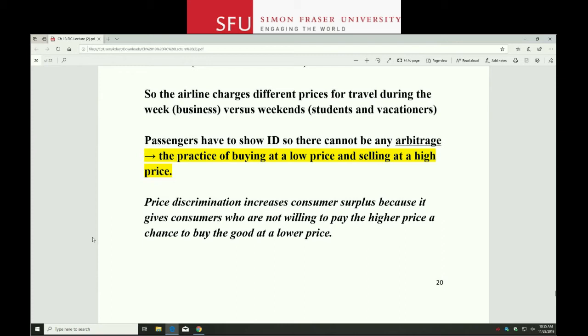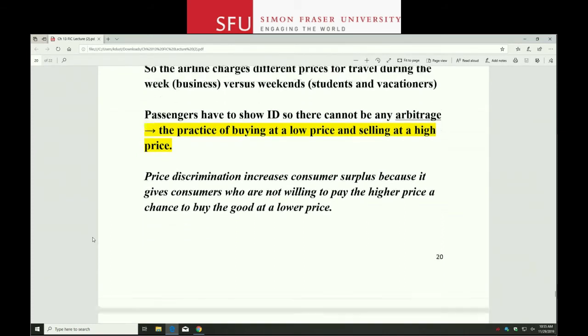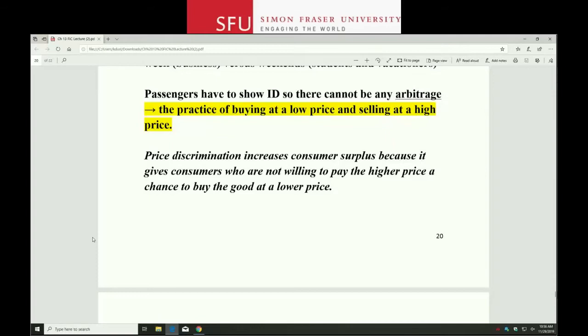Okay, so the last thing for price discrimination is called perfect price discrimination. This would be when a firm, it's not actually possible, but theoretically it would be if a firm could charge each consumer his or her exact willingness to pay. So we all have different willingness to pay for things, right? Because we have different incomes and different preferences and so on. And so if the monopolist could somehow know exactly what your personal willingness to pay was and they made you pay that price,